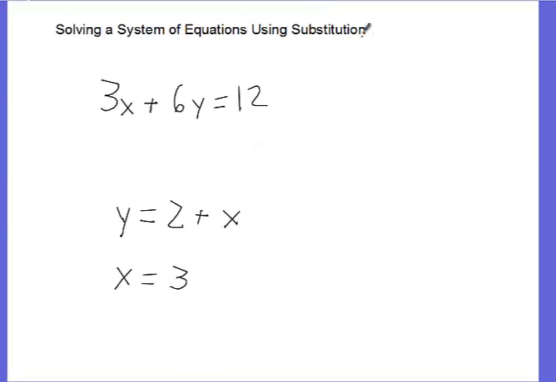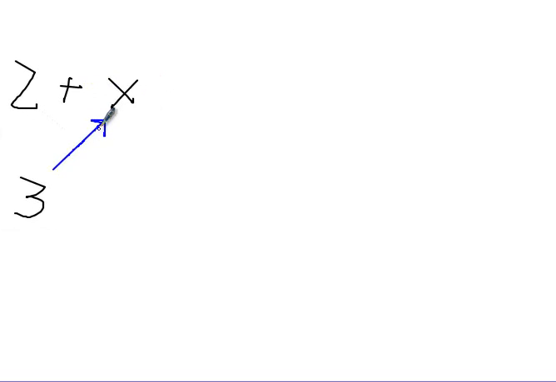So really the whole process of substitution is simply replacing a variable in one equation for what we know it equals. And what I mean by that is these two equations here are in a system. So that way we know they have a certain relationship. And we know that x is equal to 3 for this system of equations. Well, if x is 3, that means that in the y equals 2 plus x, this x is also equal to 3. Okay, which is nice because we can just substitute, hence the substitution, the 3